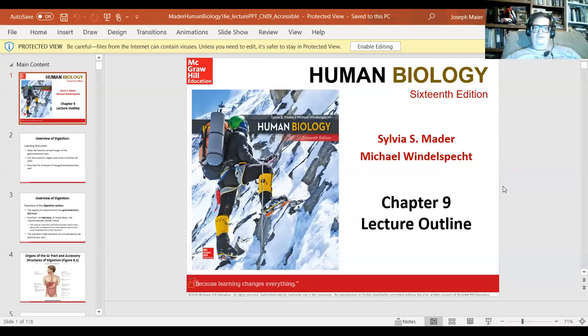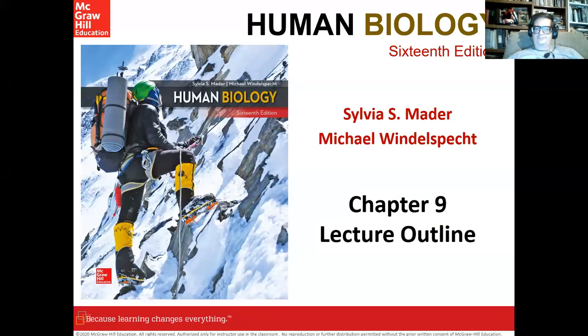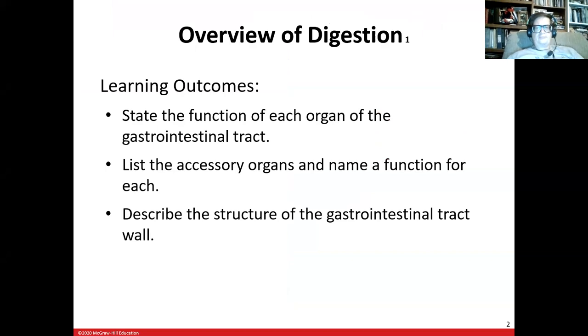Okay, so this time we're going to talk about digestion. This is chapter 9 in your human biology textbook. So we'll talk about what the different organs are, what their functions are, and we'll talk about the structure of the wall. I'll let you know that most of the digestive system, the wall is made out of 2